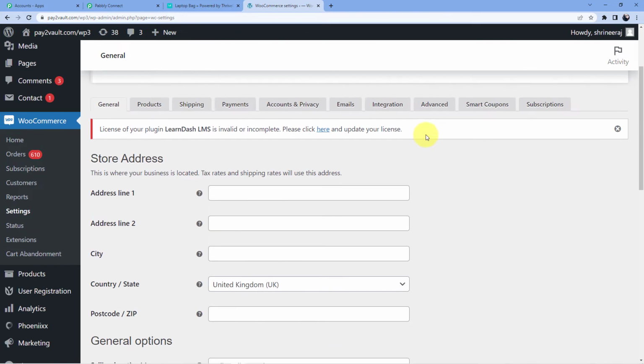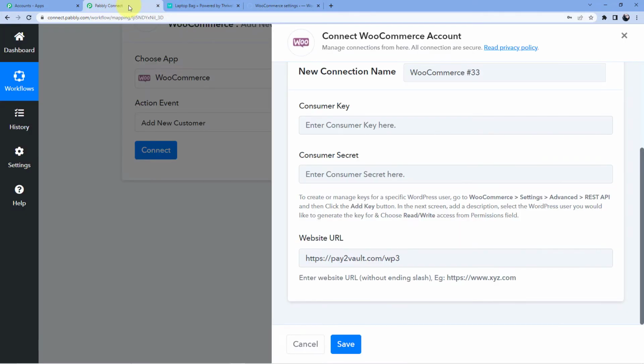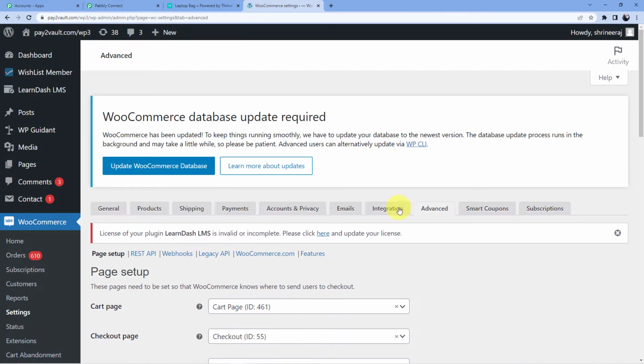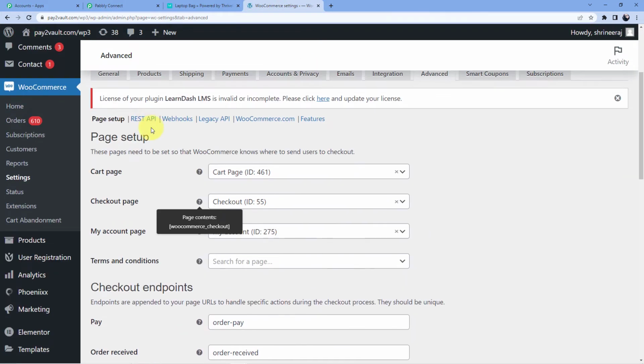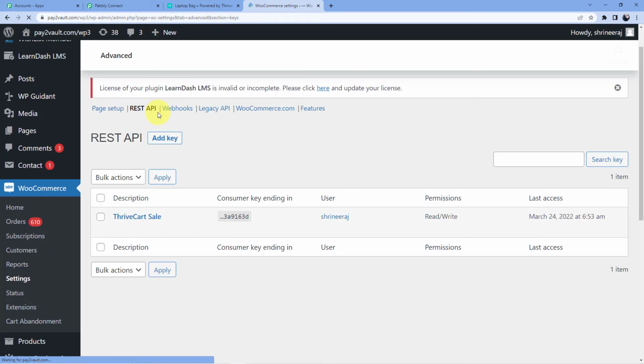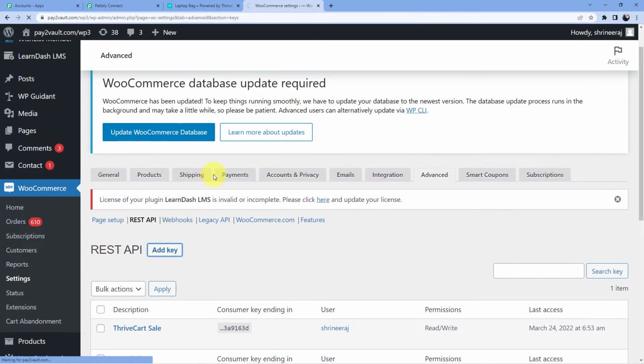Now here you have to go to advanced. Then you have to go to REST API and click the add key button. So go here, go to REST API. And then what we have to do is add the key.